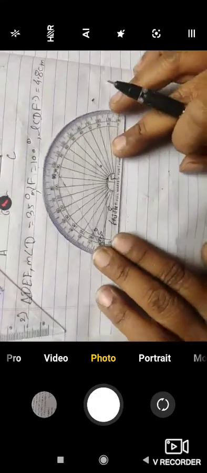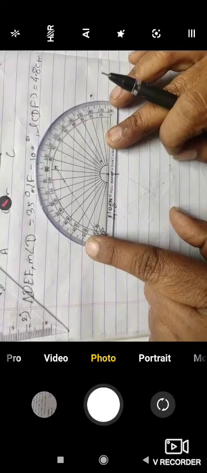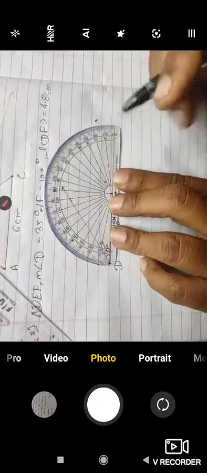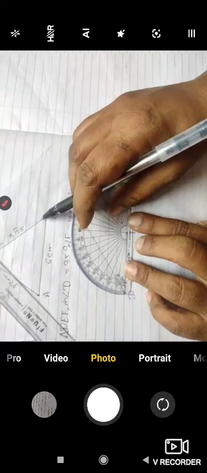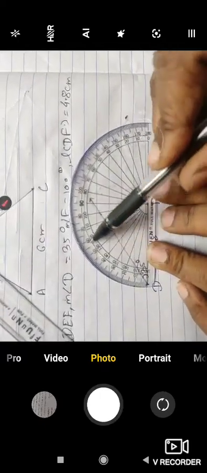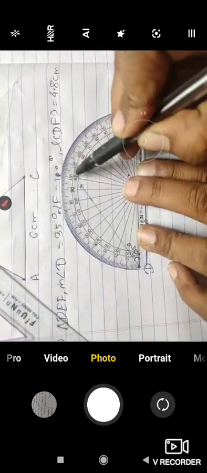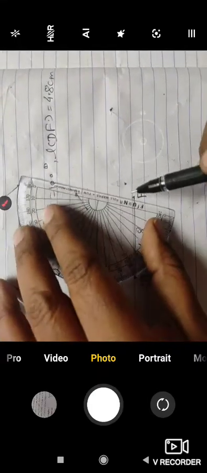Now we have to draw the angle at F whose measure is 100 degree. We adjust the protractor at F, this side of the protractor with this. And we count 100 degree from the line where we adjusted it. So 0, 10, 20, 30, 40, 50, 60, here 90 and 100 is at this place. See here, 80 is above, 100 is there. That we have to take. Now draw the ray, and this ray we have to extend because we have to join this.